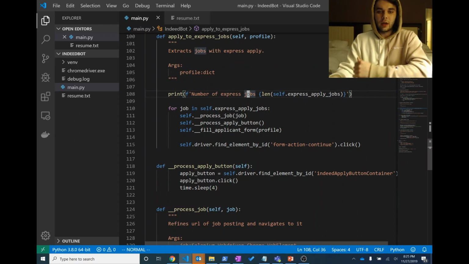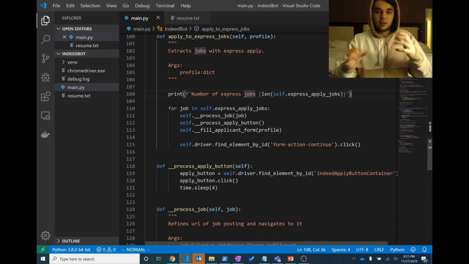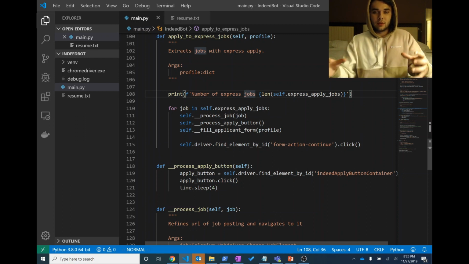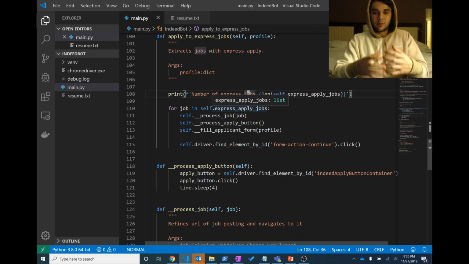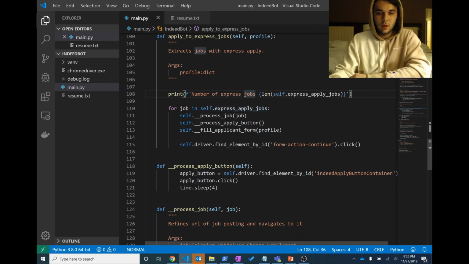And then we go ahead and say for job in self.apply_jobs. So for jobs that are stored in this object's express apply jobs, essentially. Let me reformulate that. This object has an array that is express apply jobs, and those express apply jobs were set by filtering all the previous ones. Okay, so now we're going to say self.__process_job, self.__process_apply_button, and self.__fill_applicant_form